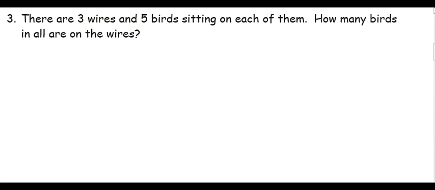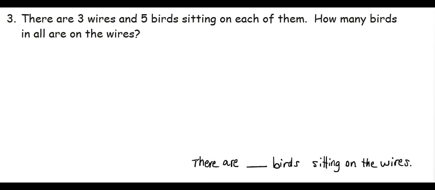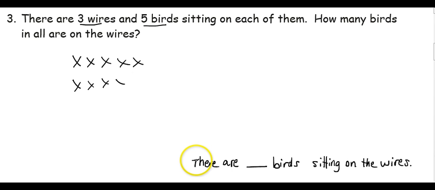Question 3 says there are 3 wires and 5 birds sitting on each of them. How many birds in all are on the wires? I'll write my answer statement below. There are blank birds sitting on the wires. Well, since we have 3 wires and 5 birds on each one, I'm going to start by representing 1 wire and the 5 birds sitting on it, and then I'll show a second wire with 5 birds and a third